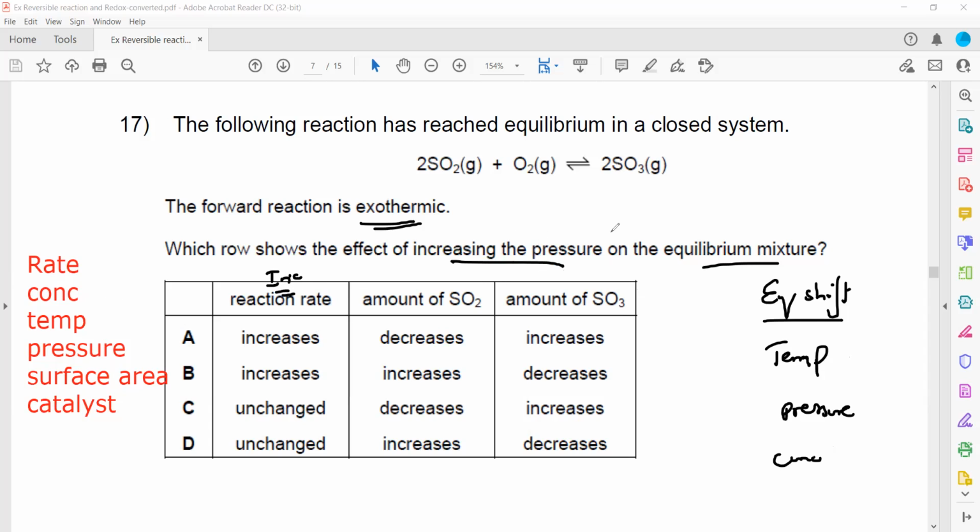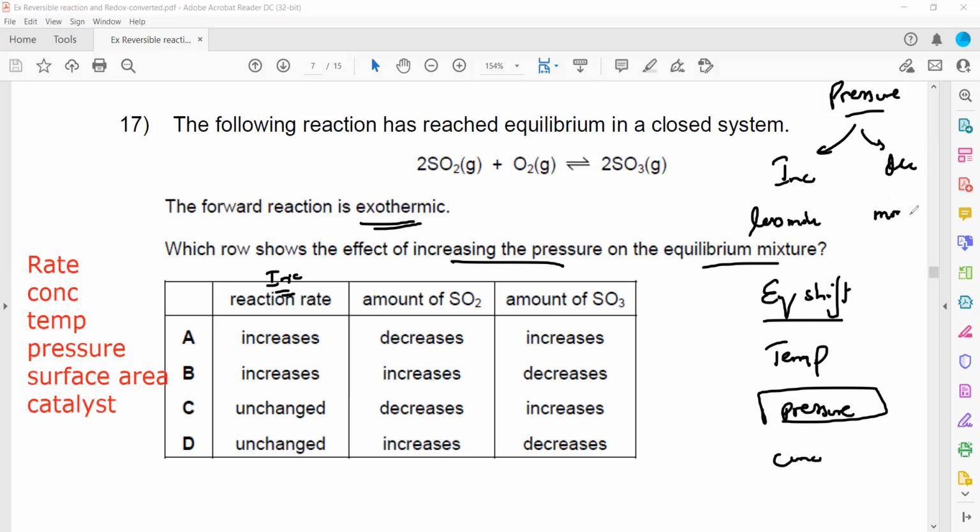Then when we increase the pressure, how does the pressure affect the shifting of equilibrium? Whenever we increase the pressure, equilibrium will shift towards the side where fewer moles, fewer particles, are there. When we decrease the pressure, equilibrium will shift towards the side where more particles are there. In the question, we are increasing the pressure. When we work out the number of moles, 2 plus 1, total 3 particles of the reactant, and total 2 particles of the product. So increasing the pressure shifts the equilibrium towards the side of fewer moles, so it will shift towards the right hand